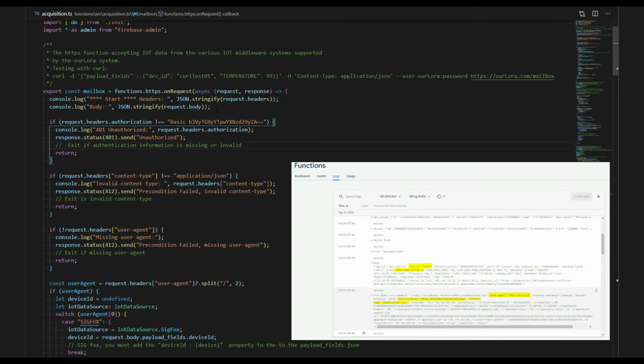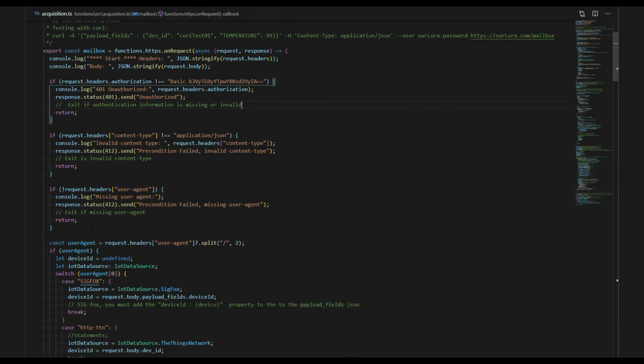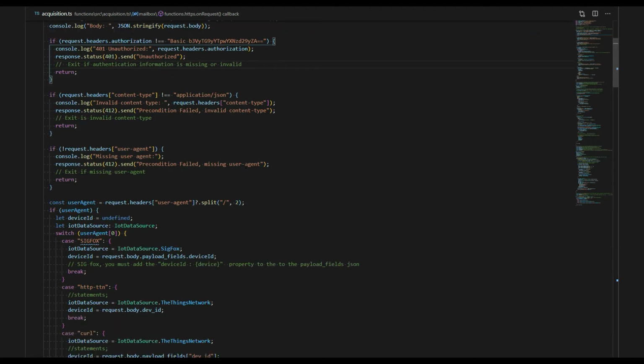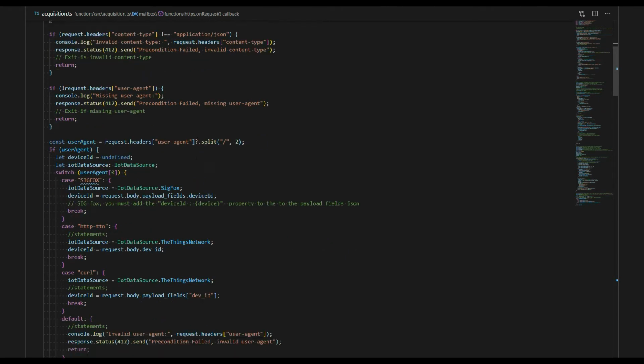As we saw at the start of the function, it'll show you the headers and the body of the request HTML coming in. The next three statements here are just doing some top level verification that doesn't require any lookups to the database, so it's checking that it has the correct authentication header. Again, I'll change that to something else when I get closer to production. That's very basic authentication. The content type has to be application JSON. It expects the body to be a JSON object. It will drop out if it's not,